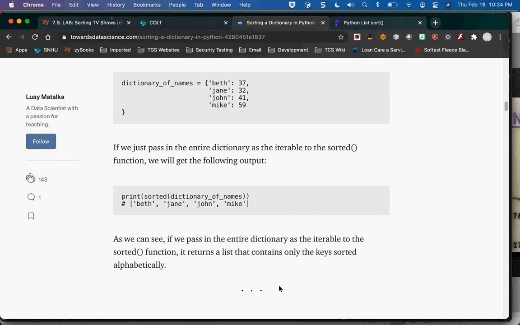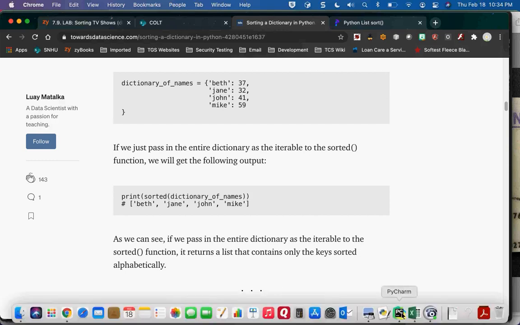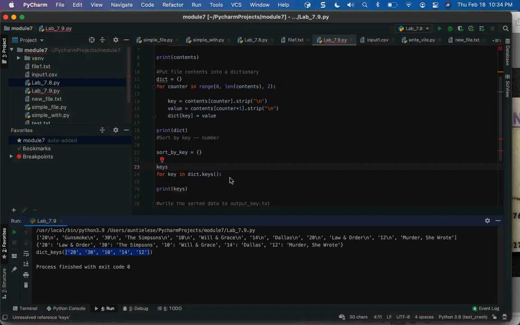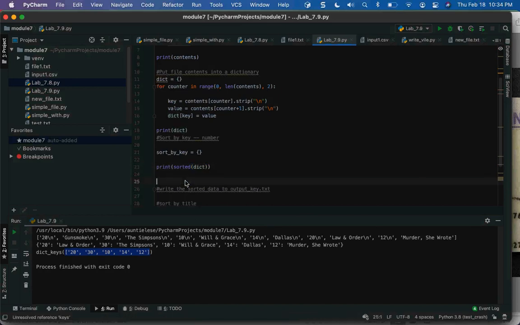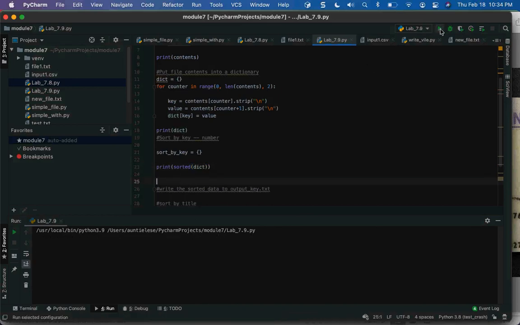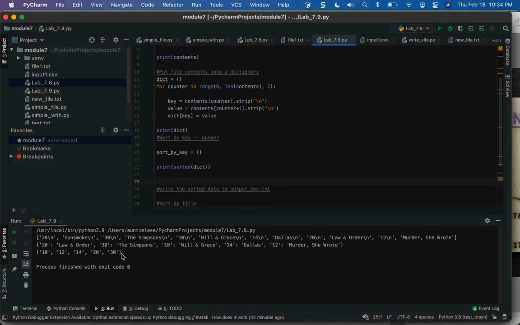The sorted function. Okay, well, let's try that. Let's just print, see what happens. Get rid of that. And we're going to go. Okay, so this is really great because I just did a sorted and it gave me back a list in